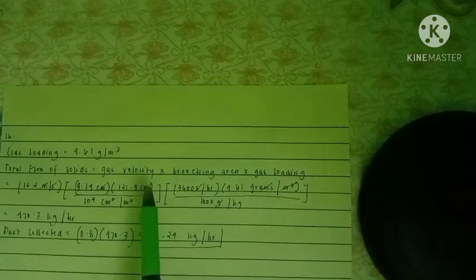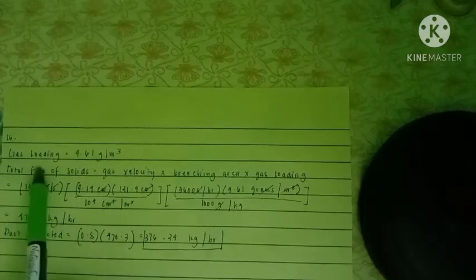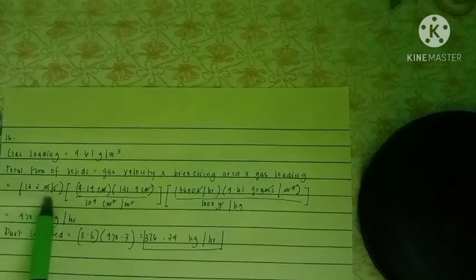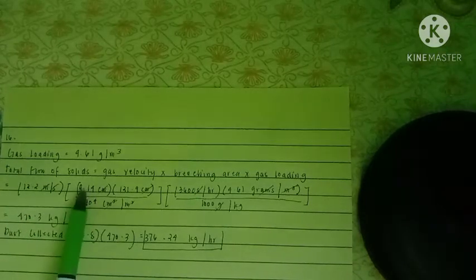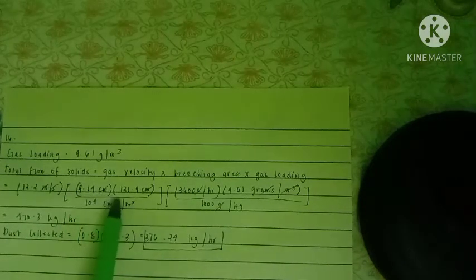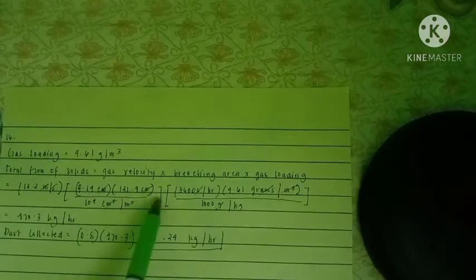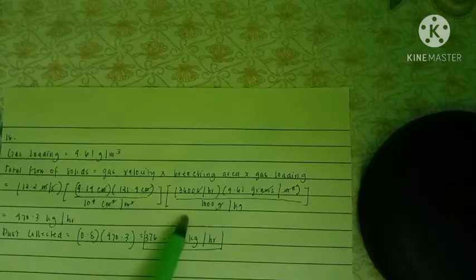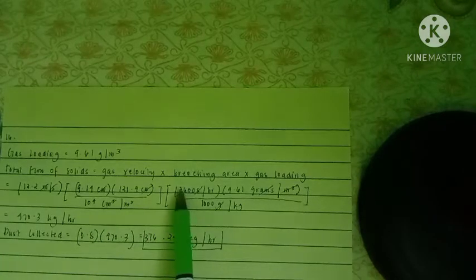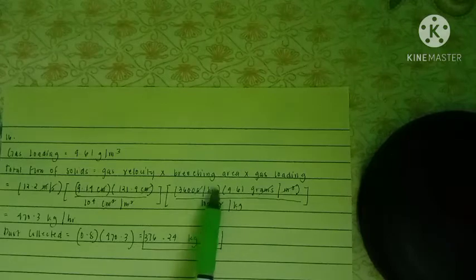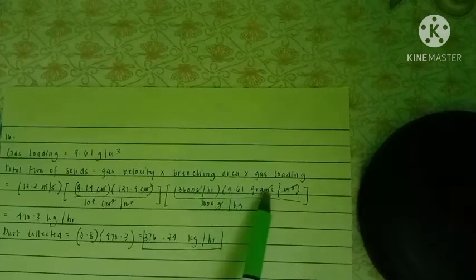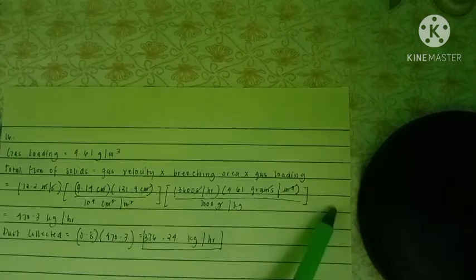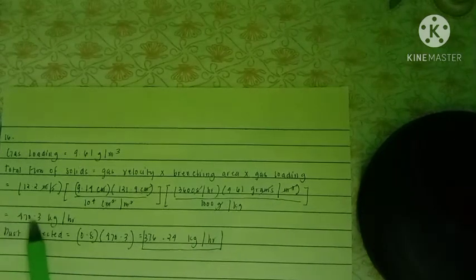Substituting the values, it is equal to 12.2 meters per second times 91.4 centimeters times 121.9 centimeters divided by 10 raised to 4 square centimeters per square meter, times 3,600 seconds per hour times 9.61 grams per cubic meter divided by 1,000 grams per kilogram, which is equal to